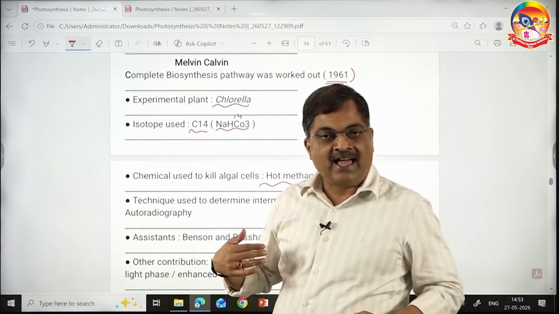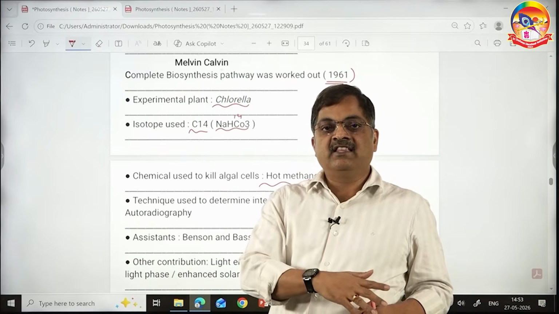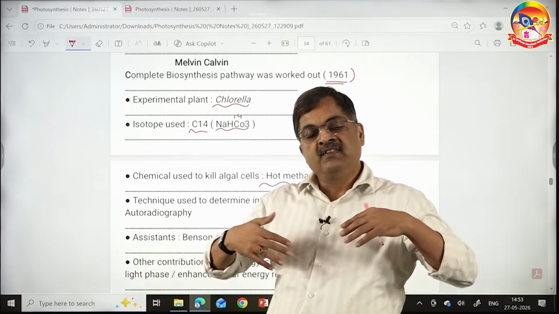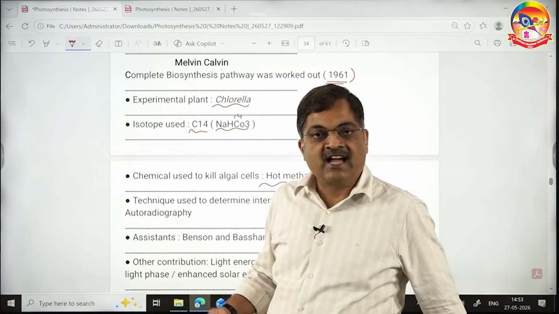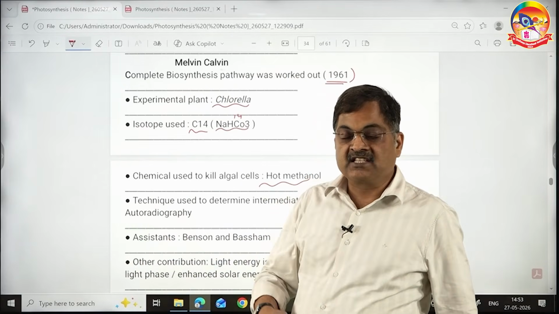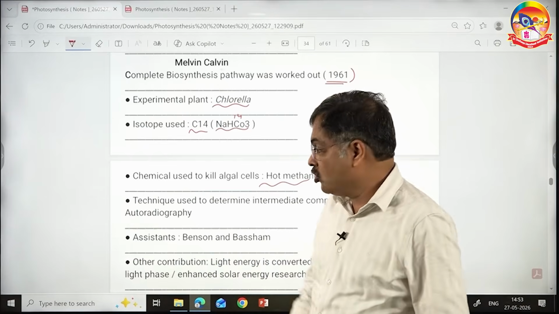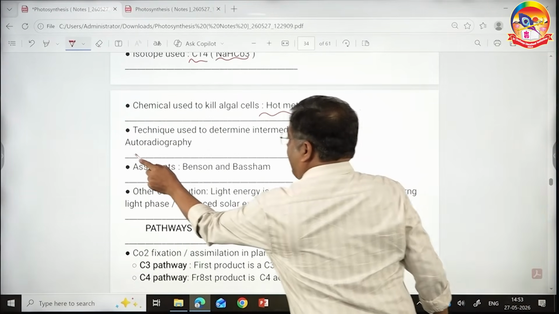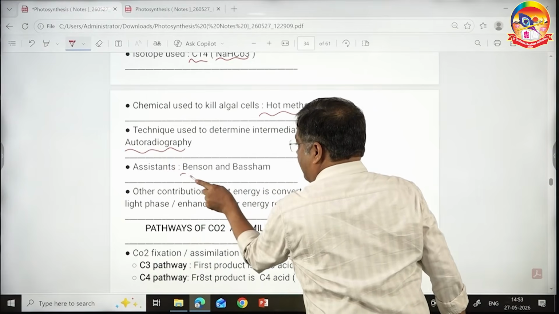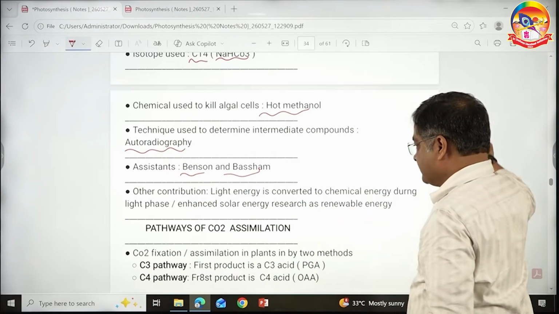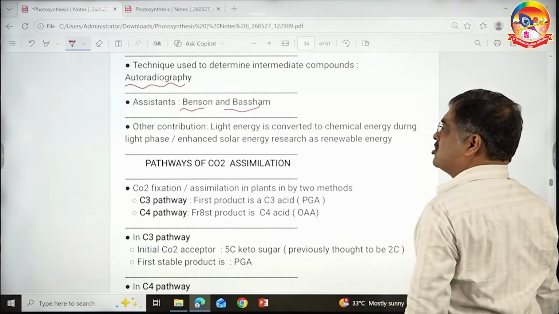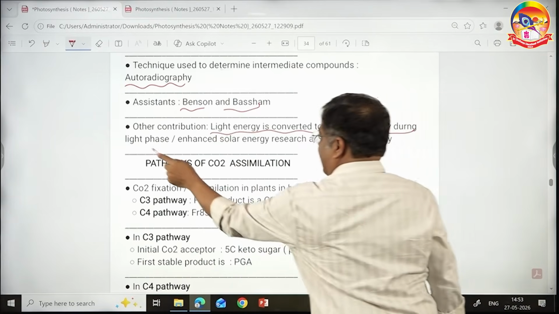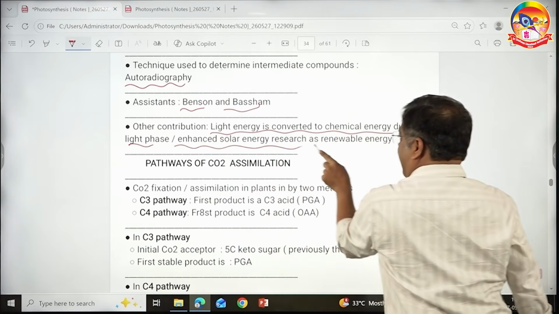Again, he took these algal suspensions and did the same, this time increasing the time of photosynthesis. In this way, he deciphered the entire Calvin cycle. In 1961, along with Basham, he got a Nobel Prize. The technique used to know the intermediate compounds is autoradiography, and Benson and Basham are his associates. Other contributions of Calvin: light energy is converted to chemical energy during the light phase, and he enhanced solar energy research